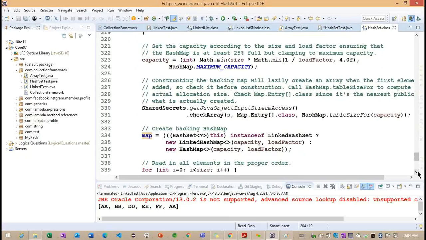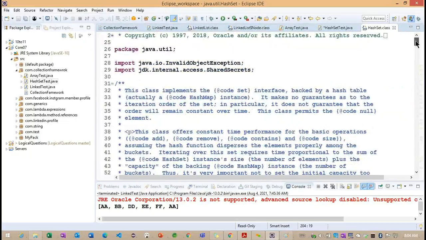But whatever methods we implemented, internally all of them take the reference of map. Now you can think how important the map is here. So we'll understand how this hash set is going to work.